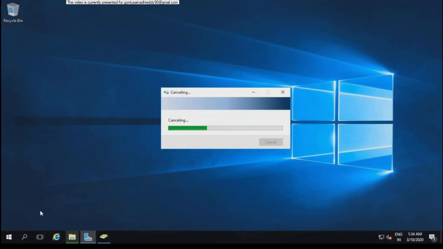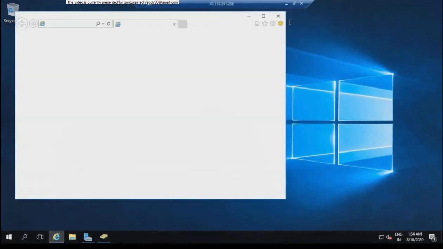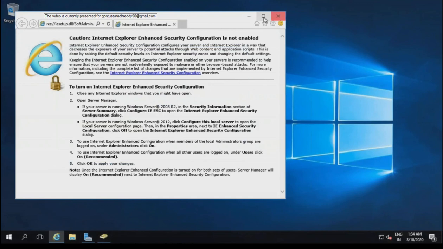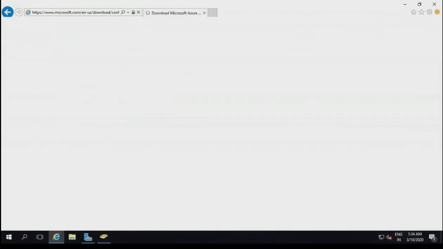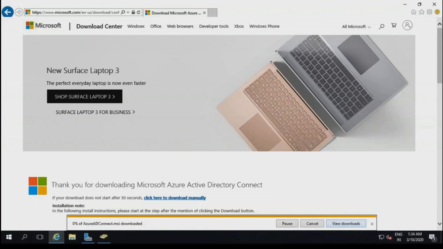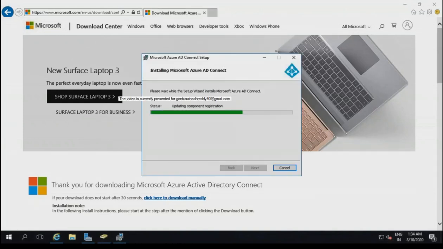Cancel this. Open the browser. Okay, if you want, you can install the other browser also. Don't use the recommended settings. Right. Okay. That is done. I'm installing it. Yeah.